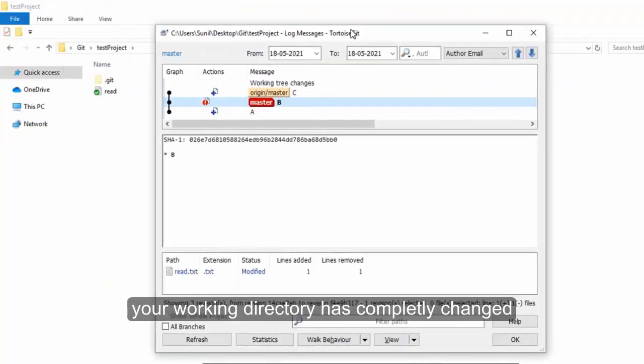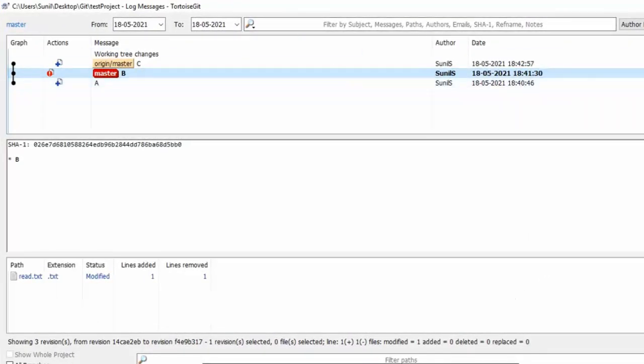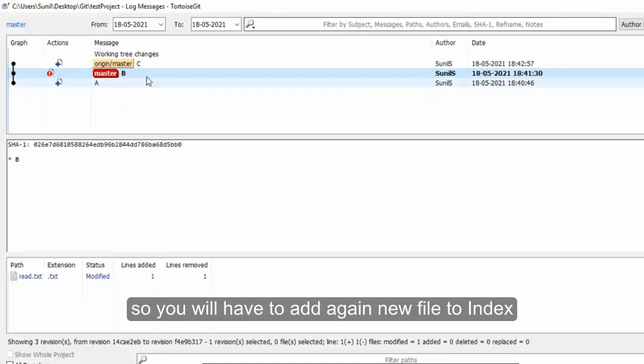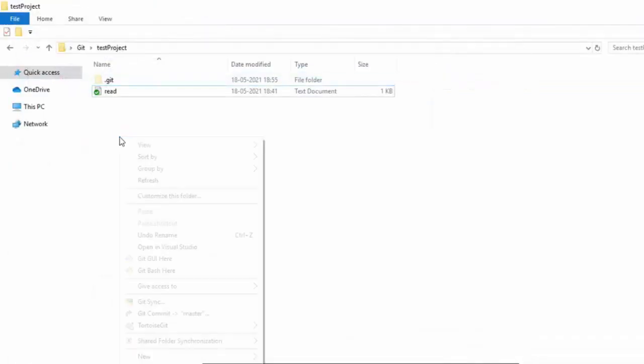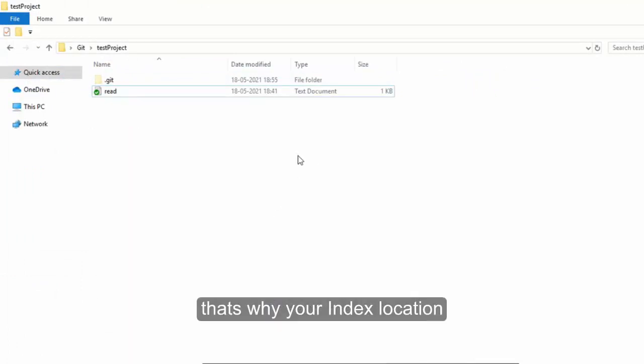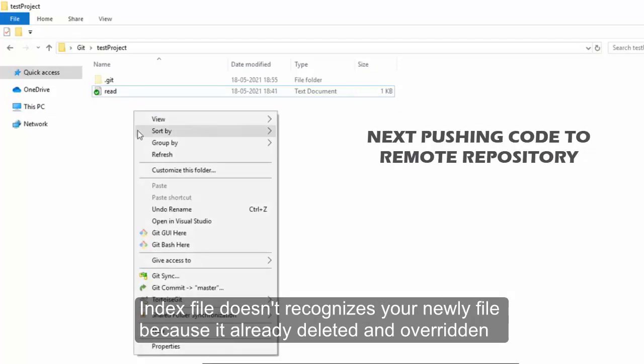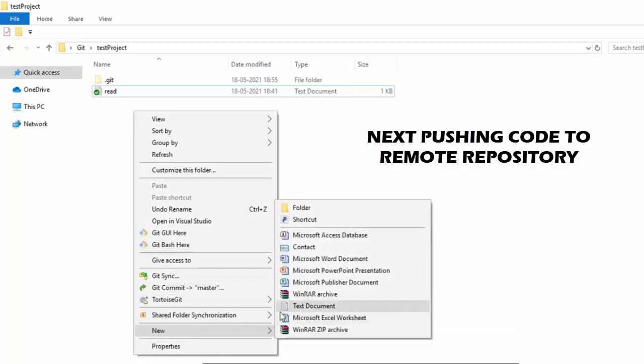Your working directory has completely changed now. So you will have to add the new file to the index again, and your index file doesn't recognize your new file because it is already deleted and overridden.